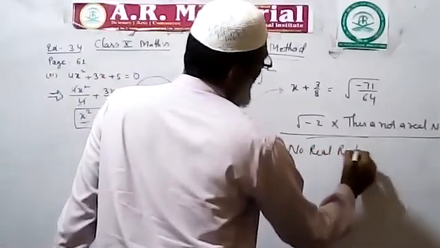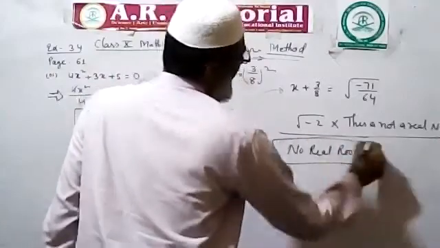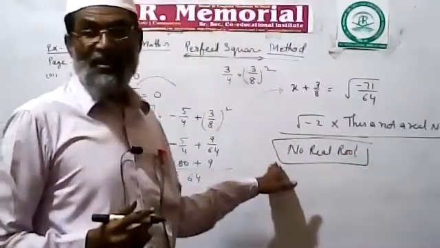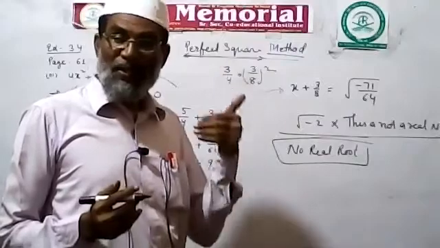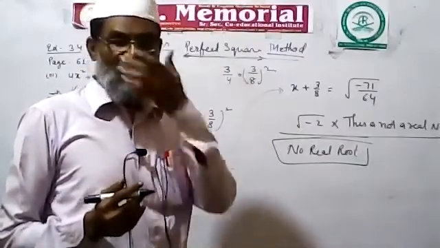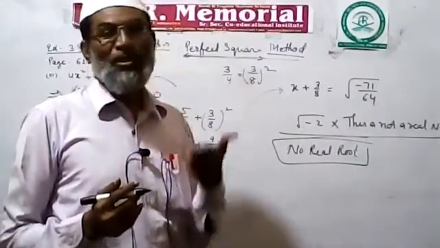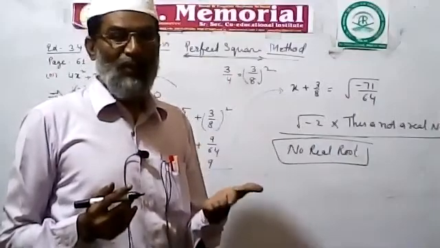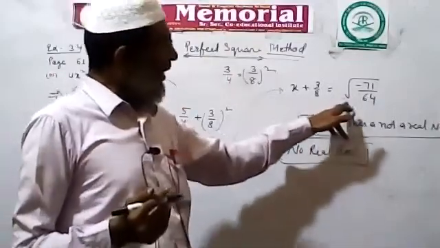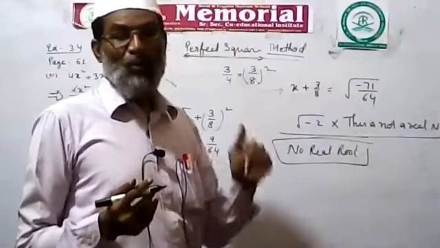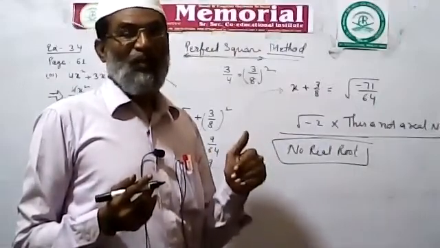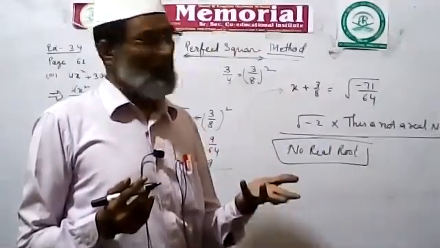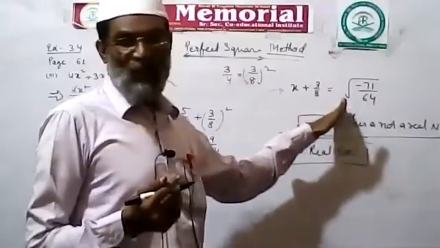Sir, how can we decide to write this? You are the teacher, so you can decide this. Yes, I have the reason for this decision. Sir, what reason do you have? All numbers under the root are negative. We cannot consider them real numbers. So we will stop the question here.